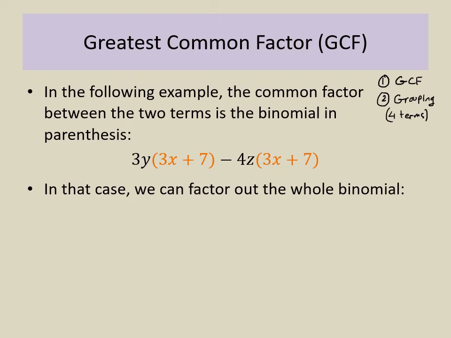And factor by grouping works in 2 steps. First step is to take the 4 terms and make them into 2 terms. That's step number 1. Step number 2 is take the 2 terms and then turn them into 1 term, or the final factor. Okay, to explain the two steps, we're actually going to go backwards. I'm going to show you how to do the second step first, and then we're going to go over the first step. And to kind of give you an example,